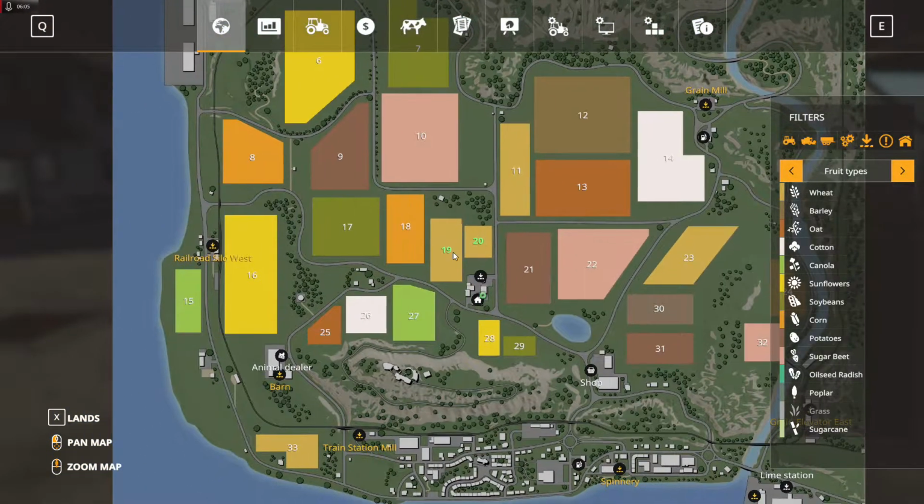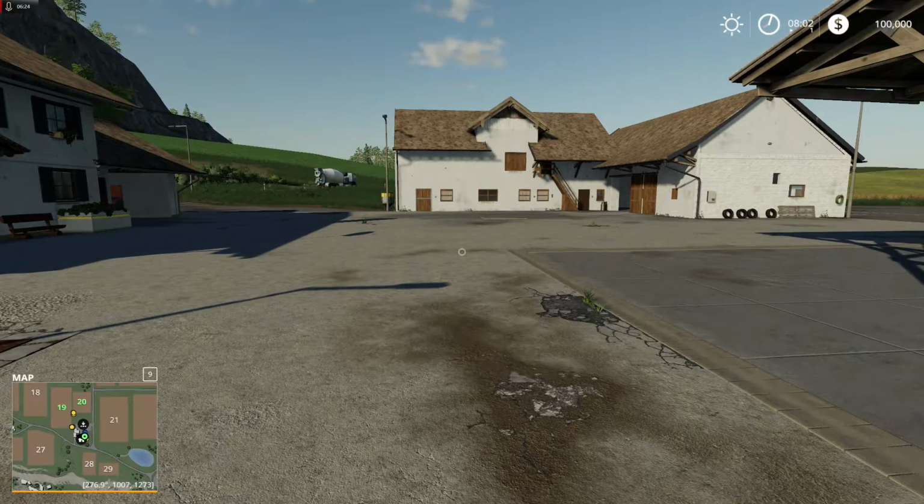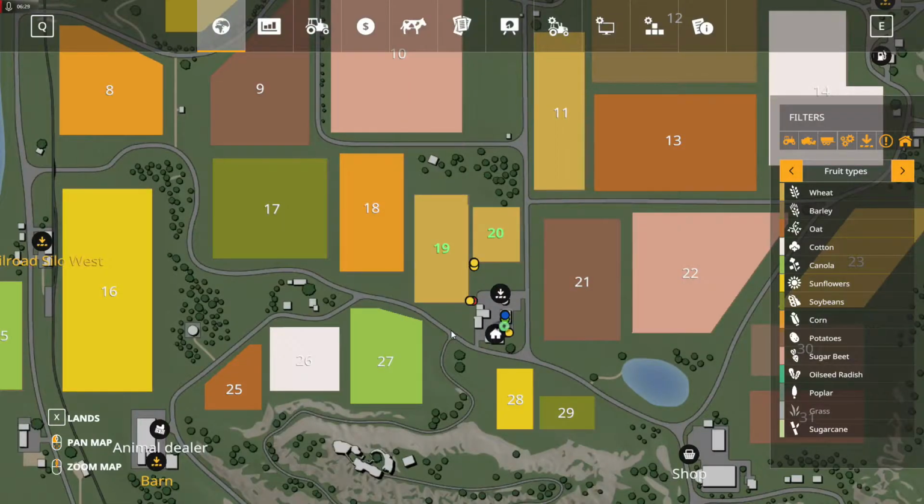Now, at the start of the game, you own 2 if you're playing on new farmer mode. If you were playing on medium, none of this would be here. You would not own these fields, and you wouldn't have any of the buildings that were there when we started. You wouldn't have any of the tractors or other equipment. You would have to buy that stuff from scratch. Now, playing in this mode, you can see there, you start up in the top right, you start with $100,000. When you're playing on medium mode, I think you start with about 1.2 million, which might sound like a lot,